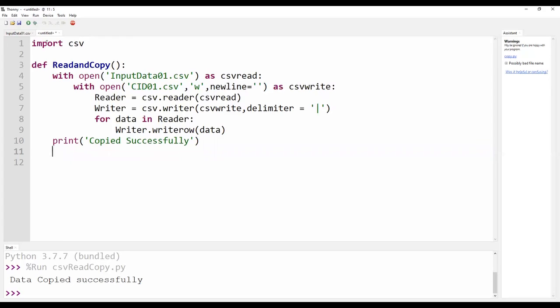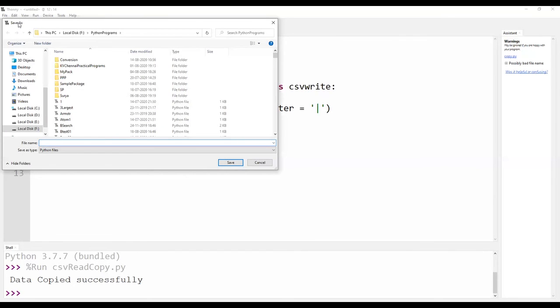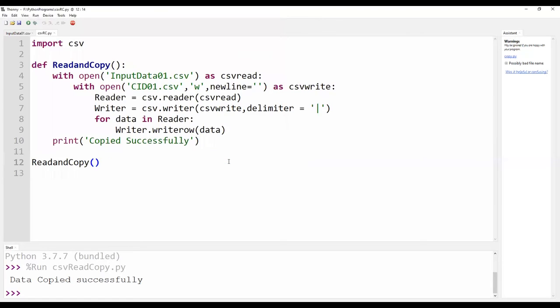I have to call this function for execution. How to call? Without def, read_and_copy. Let us save this program as process CSV RC, read and copy.